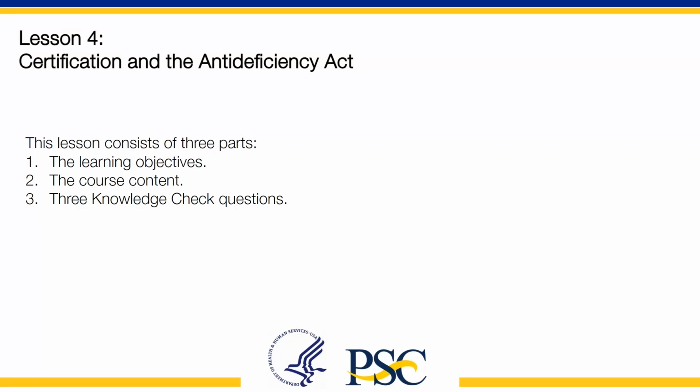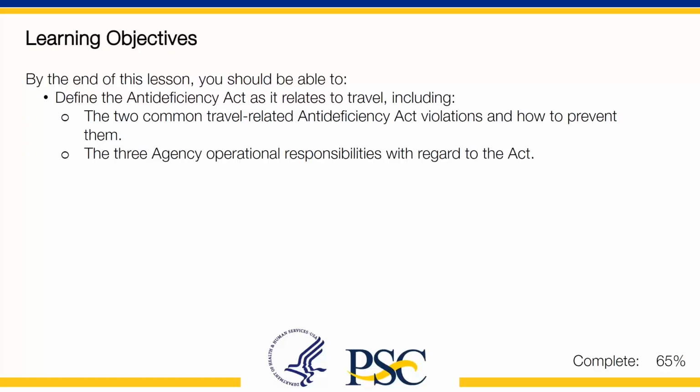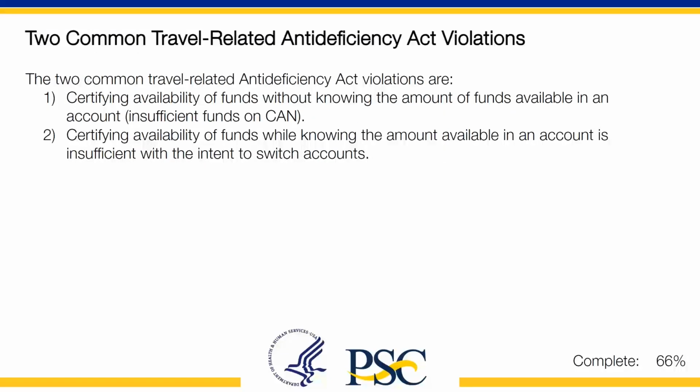By the end of this lesson, you should be able to define the Antideficiency Act as it relates to travel, including the 2 common travel-related Antideficiency Act violations and how to prevent them, and the 3 agency operational responsibilities with regard to the Act. The 2 common travel-related Antideficiency Act violations are: